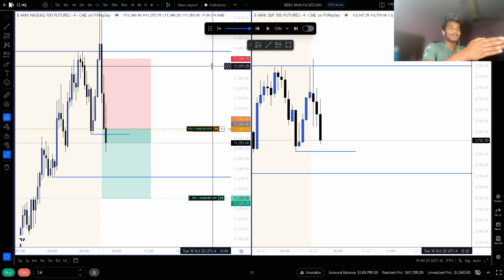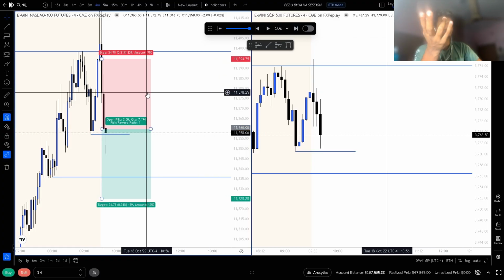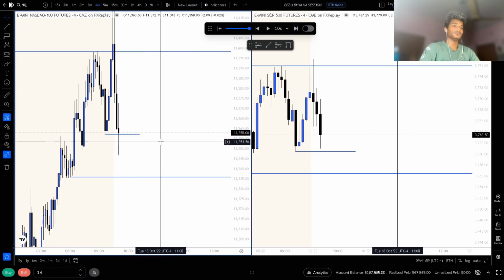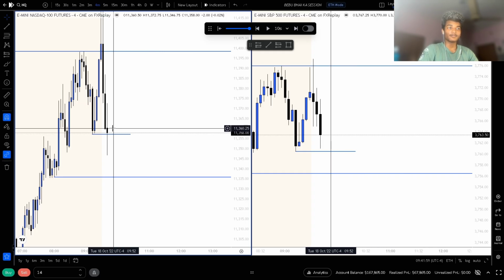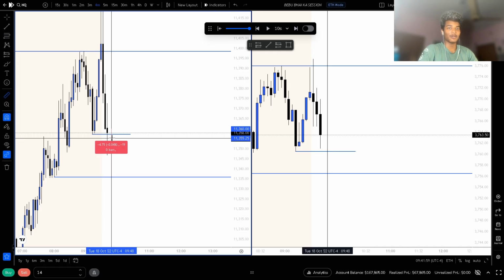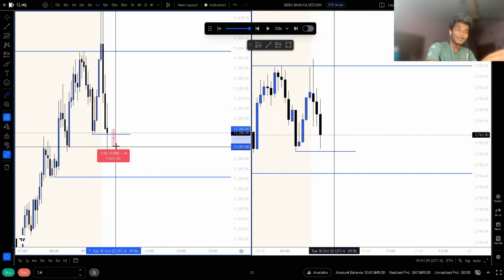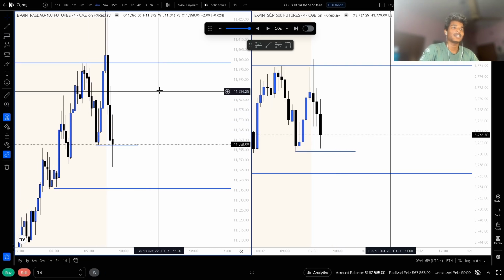If it hits, or if it hits TP, it's a break even, okay? Actually, I think what will happen is that when this candle opened, it just jumped down, hit my break even point, and I have to do break even then. You can see I set the timer to 10, and in the 10 seconds it hits my break even point and it's all the way here. So it's a break even trade.